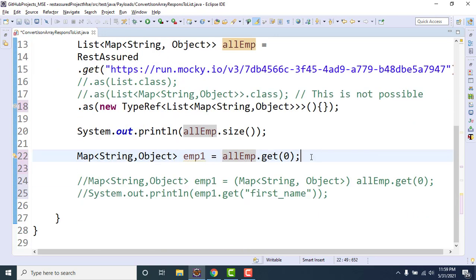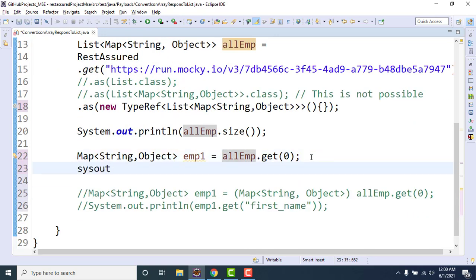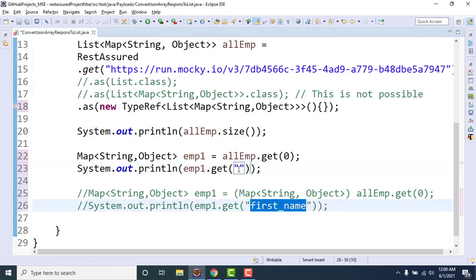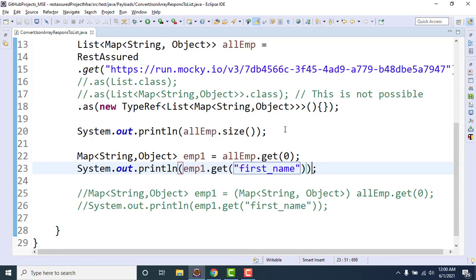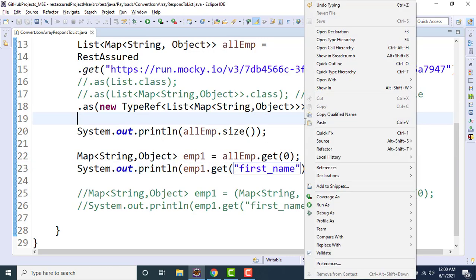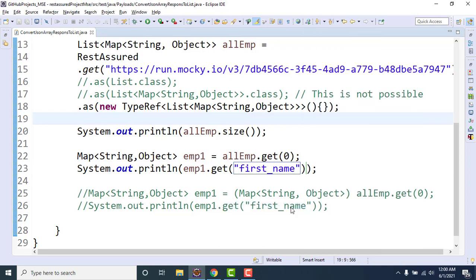Let me put the sysout: employee1 dot get firstName. We know that if you use the generic, you can ignore the ClassCastExceptions and all. Both ways are fine. You can use it without generic also, and with generics also.